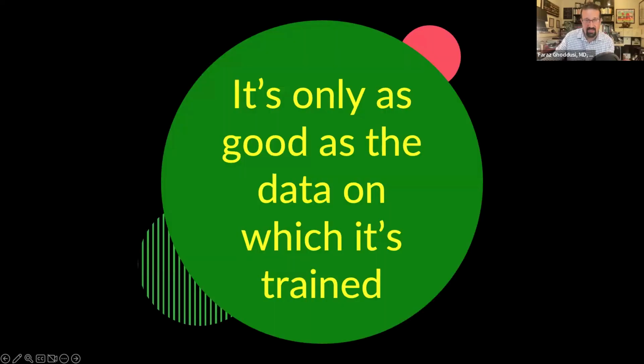One of the biggest things is that the data is only as good as what it's trained on, right? So when we create a model, when we do something with AI, if we're using garbage in order to compile this data or this information and create the model, then that's really what we end up having in the end. So if current practice is very inequitable, we're actually perpetuating that inequity as we move forward with it.